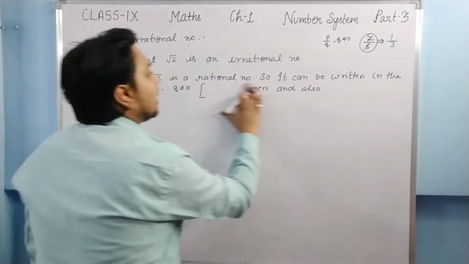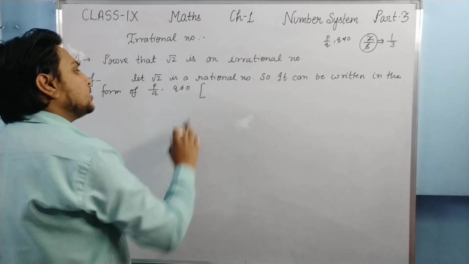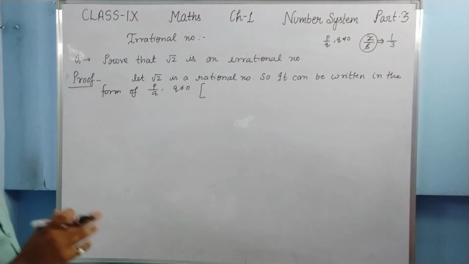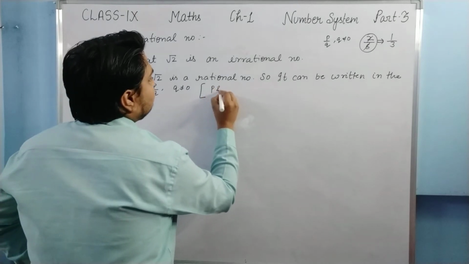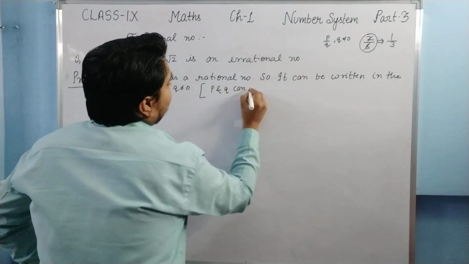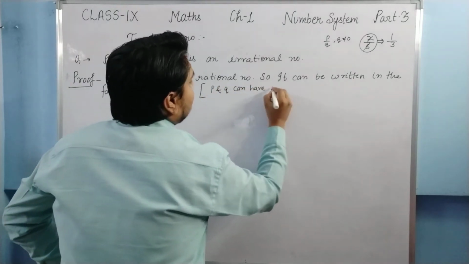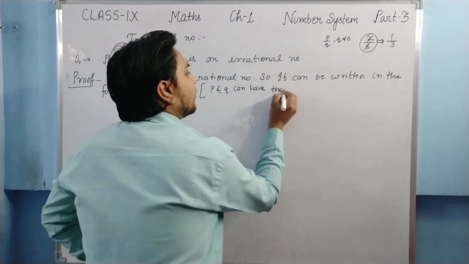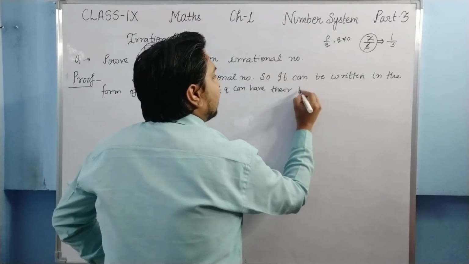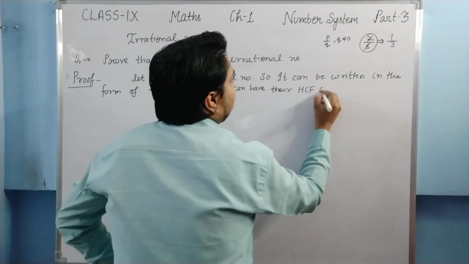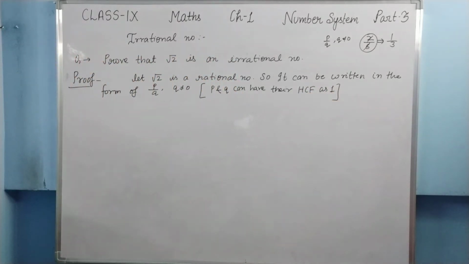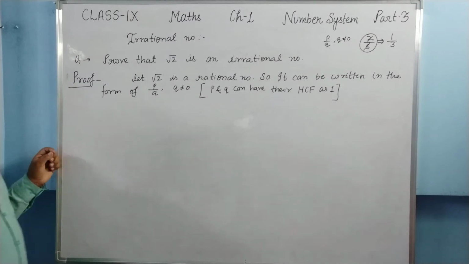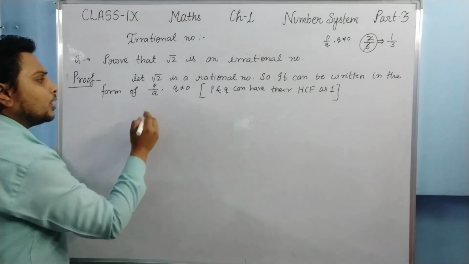Okay, so here what will we write? Okay, the integers point is not very important here. The most important thing is what? That P and Q can have their highest common factor, means what? HCF as 1. Okay, so P and Q can have their highest common factor as 1. So we have to see this. Okay, now